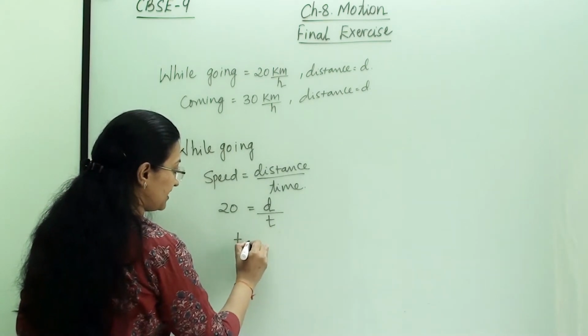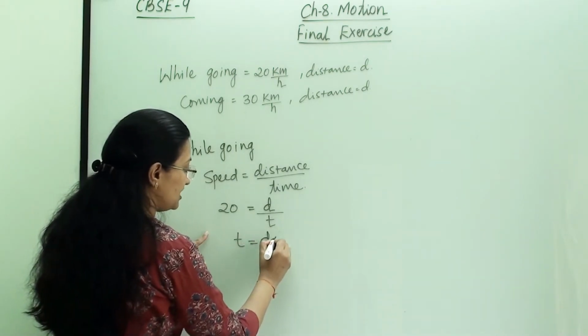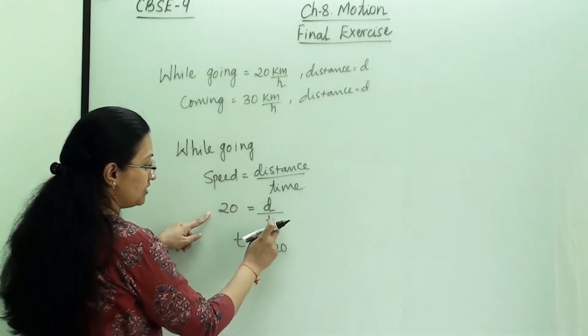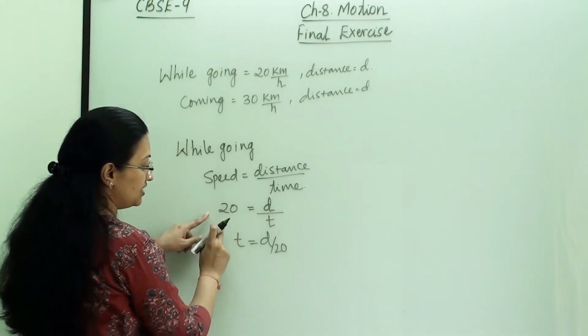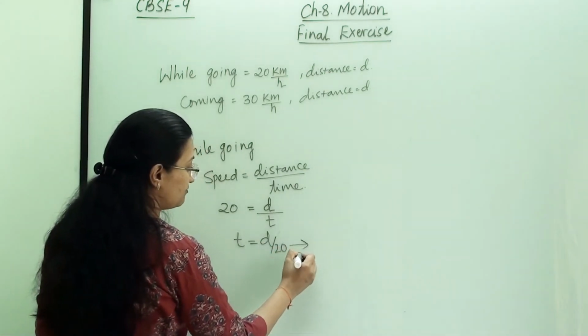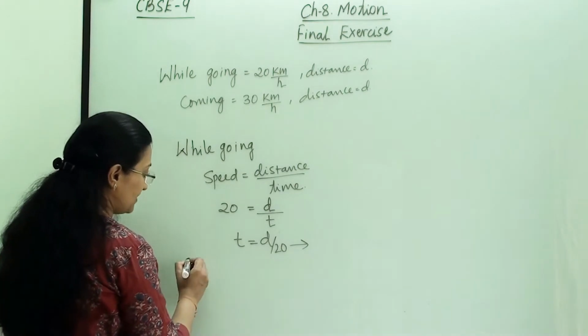Now here we will find out t. T equals d divided by 20. Why? Because the 20 will come at the place of t and t will go here. So this is the time for the first trip. Now while coming back,